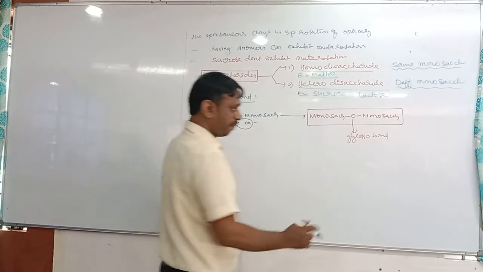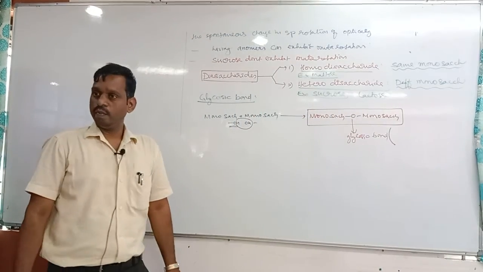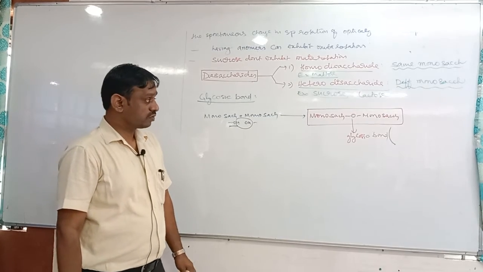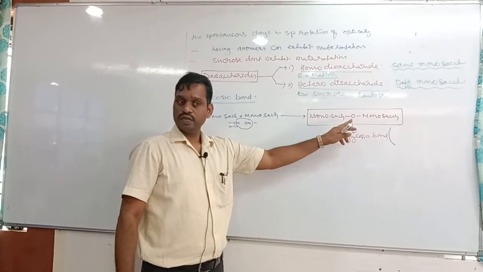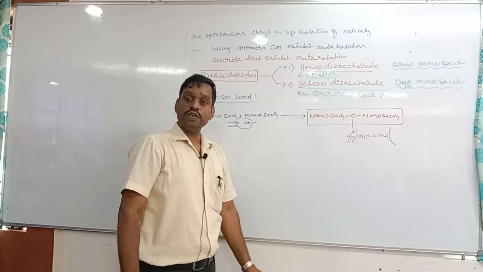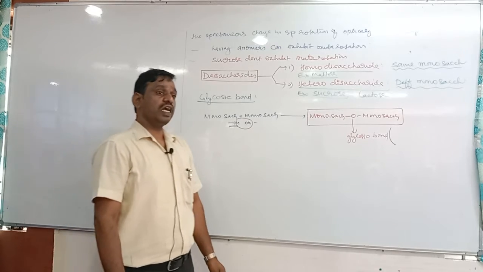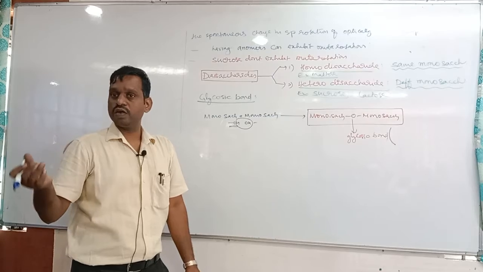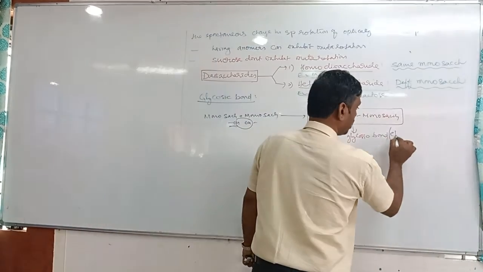Now tell me, is the glycosidic bond an ester bond, amide bond, or ether bond? It is R-O-R, an ether bond. Which bond is an ester bond? Phosphodiester bond. Which bond is an amide bond? Peptide bond, it has an amide structure. Therefore, the glycosidic bond is an ether bond.